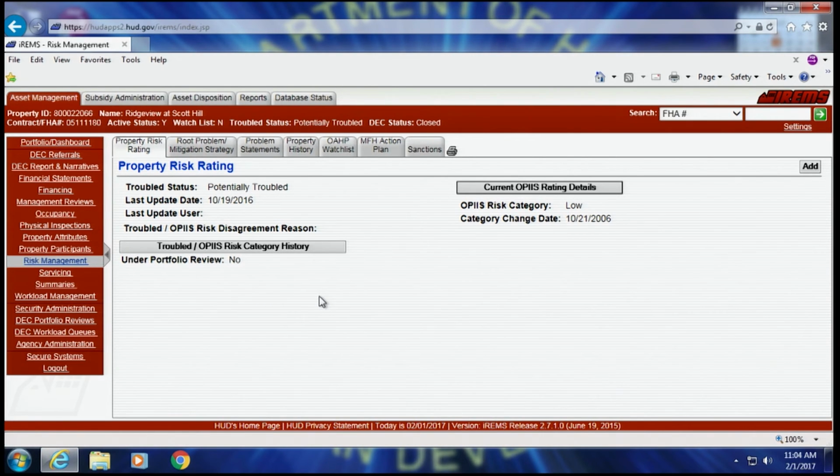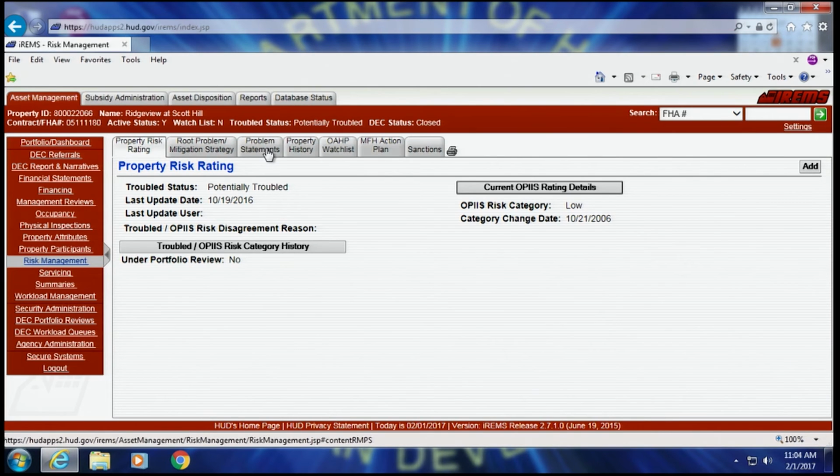Or it could just have some other issues, like maybe it didn't have a natural disaster, but it had a fire and it took buildings offline, and those buildings offline required you to come in and request an offline unit or offline building for a REAC inspection to remove those from an upcoming REAC inspection.